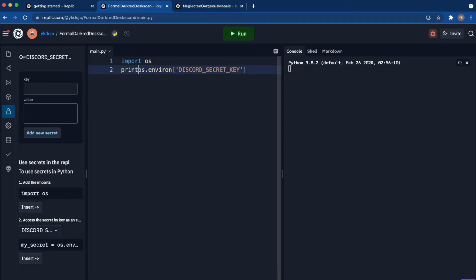And if you print the key, you should be able to see what's inside the key. And if you define your secret environment variable this way, other people won't be able to see the key, even if the REPL itself is public. So a Discord bot is just one example of what you can build with Python on Replit,